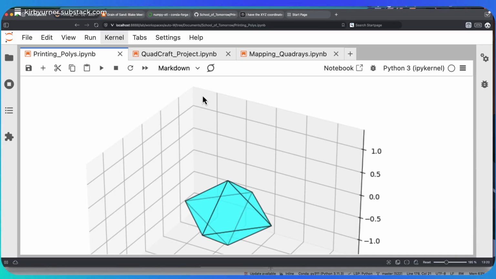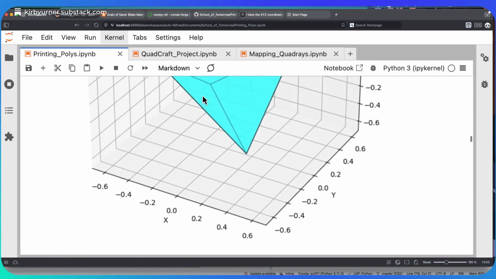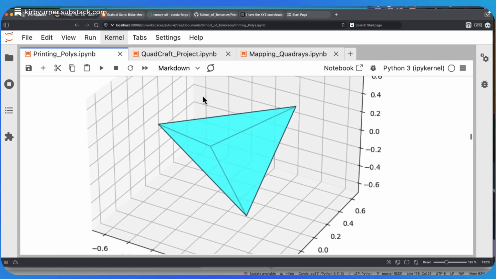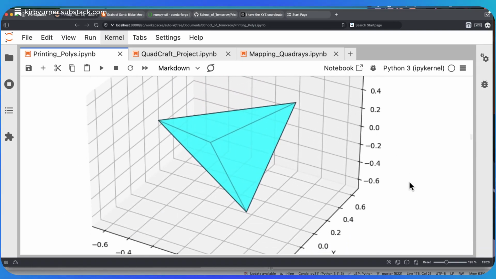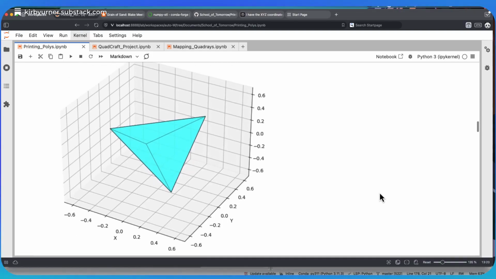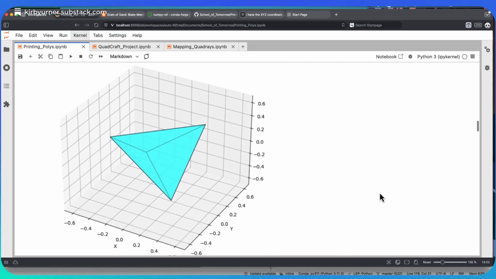I'm going to scroll down here real quick and show you what the problem was. So there's a tetrahedron, right? Maybe it doesn't look that much like one. I'll just make it a little bit smaller. I use Vivaldi browser. I've got the slider in the lower right where I can resize, which is kind of cool. So that's like an XYZ Cartesian sort of box inside of which is floating, centered at the origin,